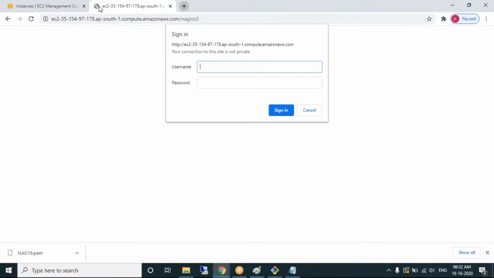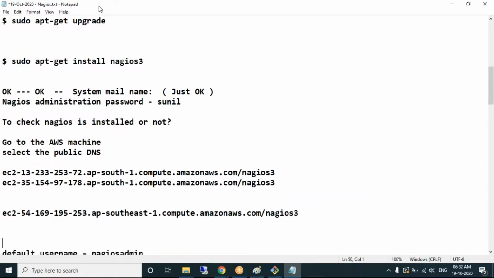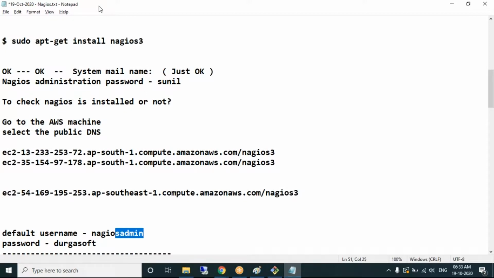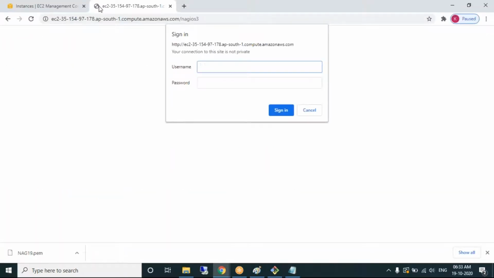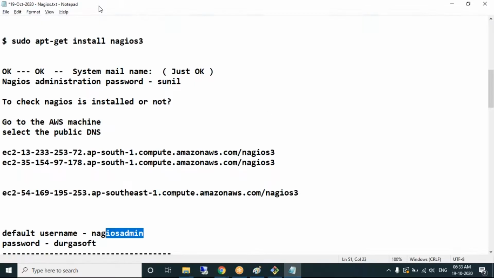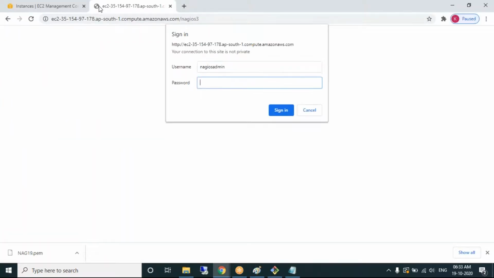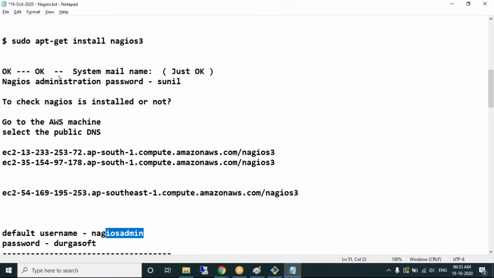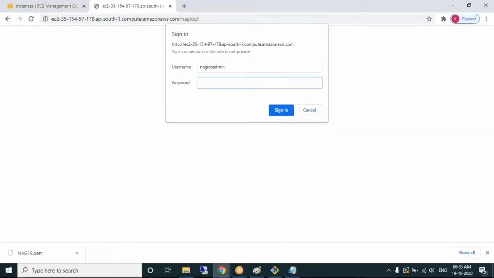The username of Nagios is nagiosadmin. This is the default username of the software which we have installed. And the password is the password which you have given at the time of installation. I have given it as Sunil.